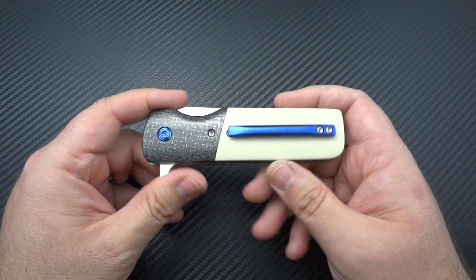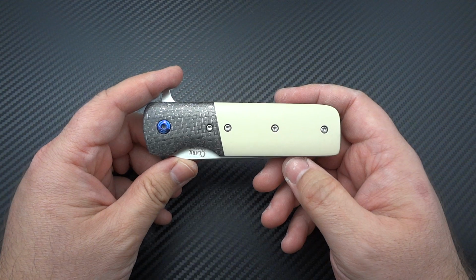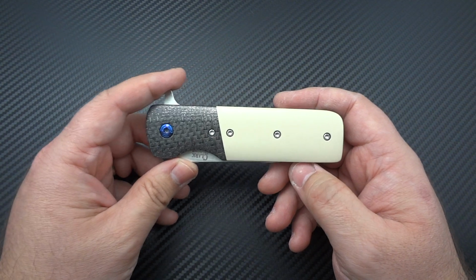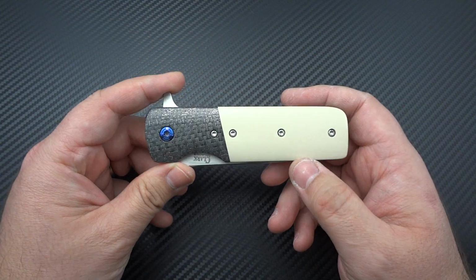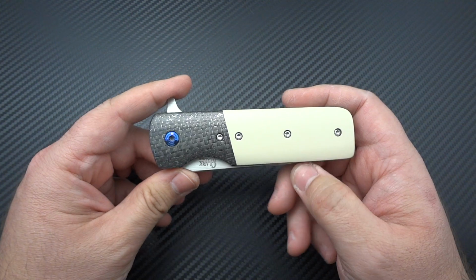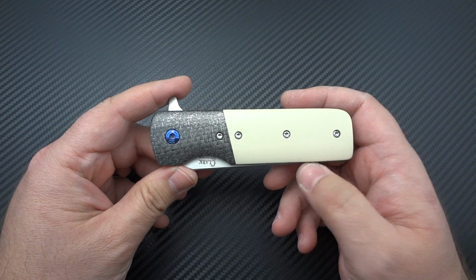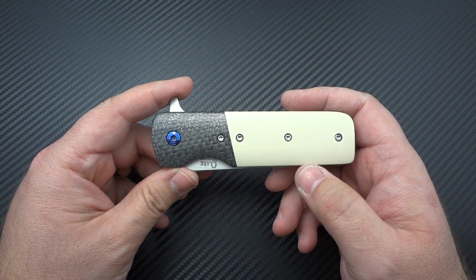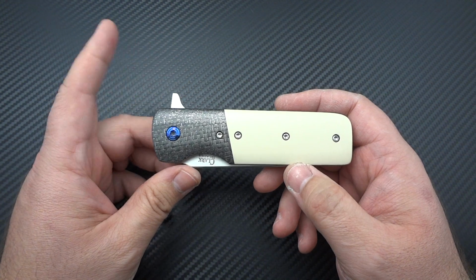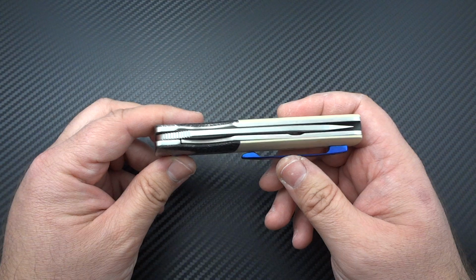I don't recall exactly how much this was now. It's been, 4 months? But I want to say it was under $700. I want to say it was either $650 or $675. And you've got to realize this is a full, complete, hand-built custom. So the only thing that he doesn't do in-house is his heat treat. He does send out for heat treat. Plenty of guys do that. No problem with that. So you're buying a full-on custom for just a few dollars more than some really popular